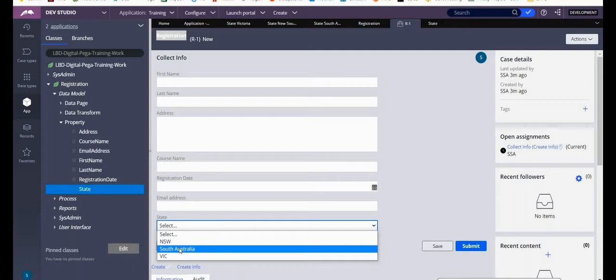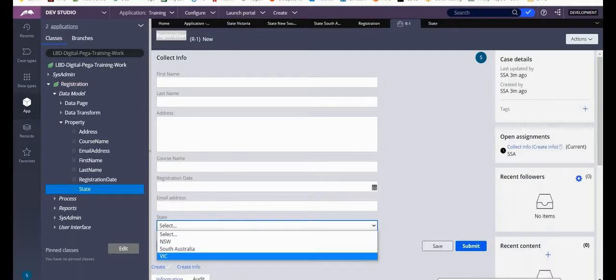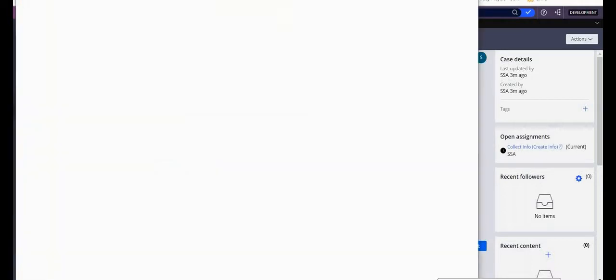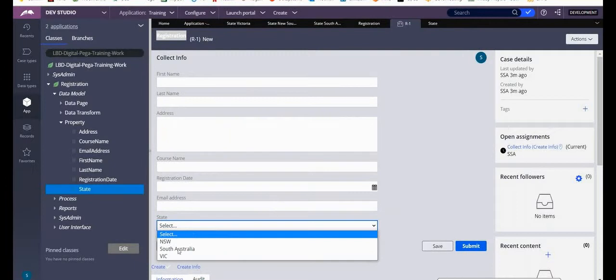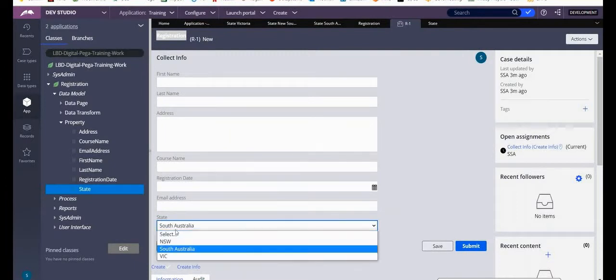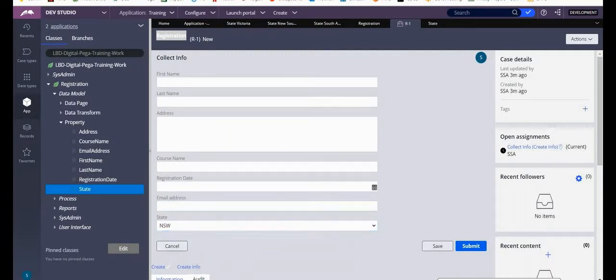So in this way, you do the field values. I mean, you will use the field value, but the requirement would be such a way that they want... See, when I go to clipboard, let me select one value. I'll select NSW. So what would be the value of state in clipboard? NSW.